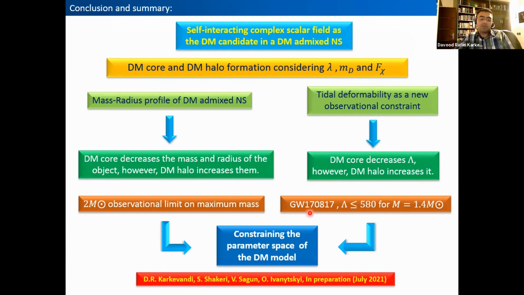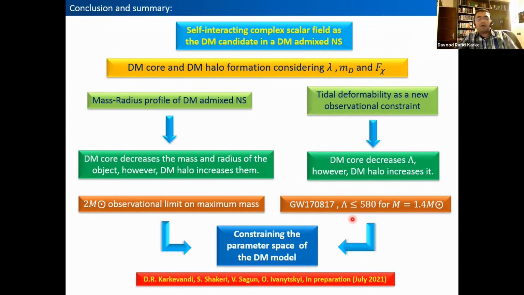And by considering these two important observational results, two solar mass as the maximum mass of a neutron star, and the upper limit that we have for tidal deformability related to GW170817 for mass equal to 1.4, we can constrain the parameter space of our dark matter model, which you can find, I think, by the next week or by the end of July in our paper, which will appear on arXiv. Very interesting results and plots related to constraining the parameter space of dark matter model by combining these two